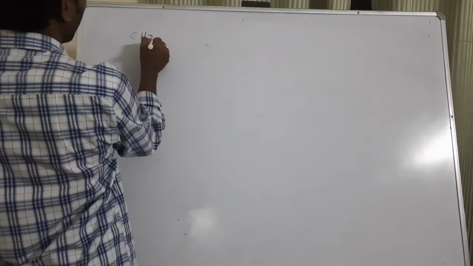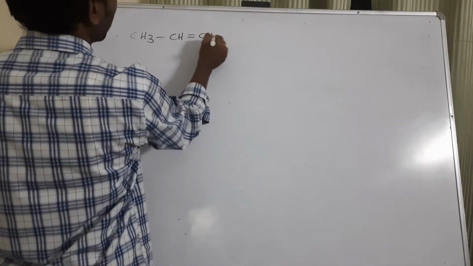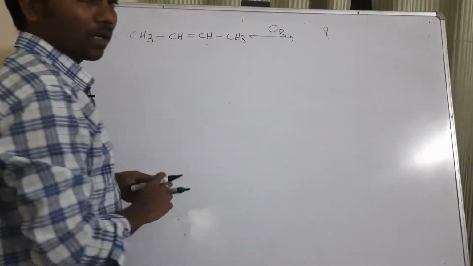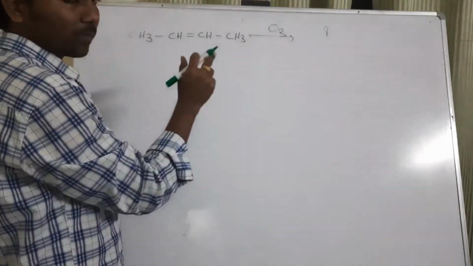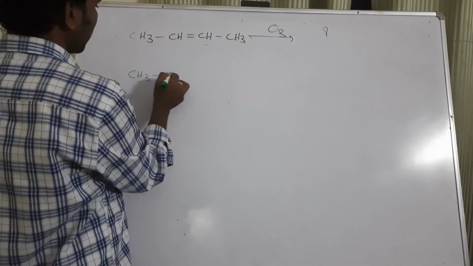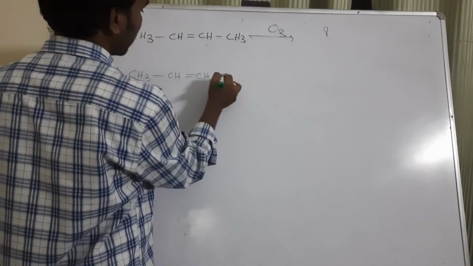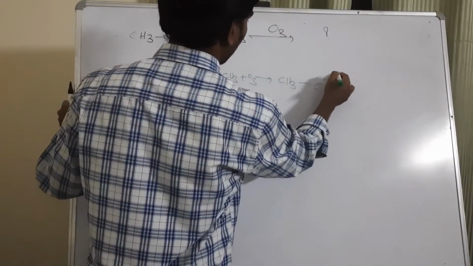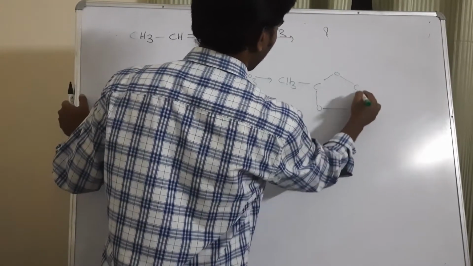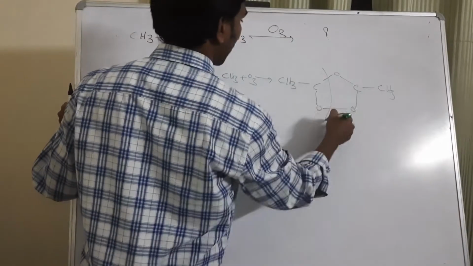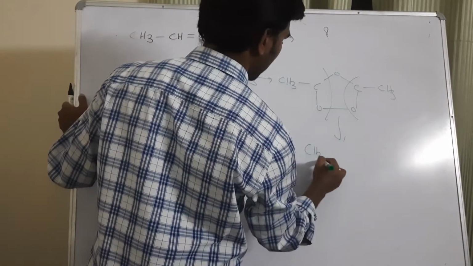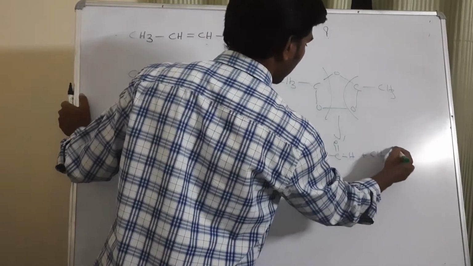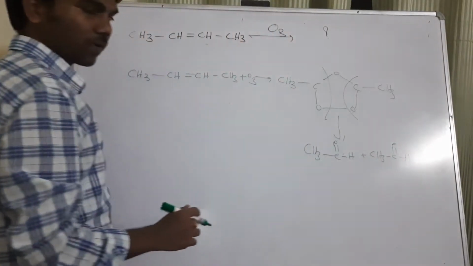Okay. So as an example I am taking CH3 CH double bond CH3, right? If I am adding ozone to this one, then what is the expected product? First I will show you with the mechanism, then we will write it without the mechanism. CH3 CH double bond CH3, when reacted with ozone, will form the ozonoid first. Here O will come, here C, here O will come, here C, and this one is CH3. If you break like this, CH3 C double bond OH plus CH3 C double bond OH will come, right?